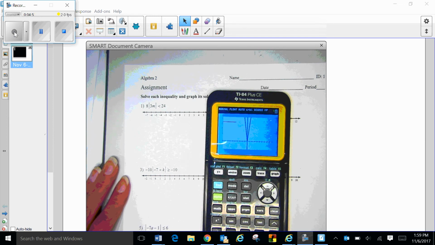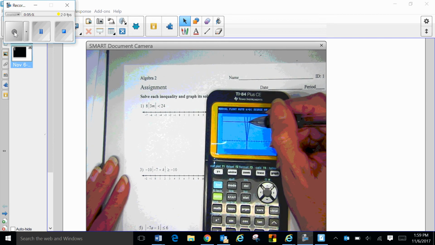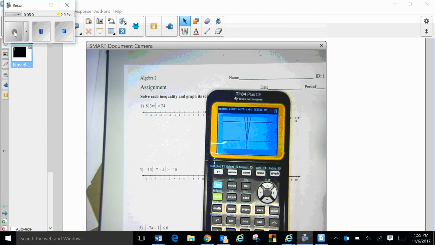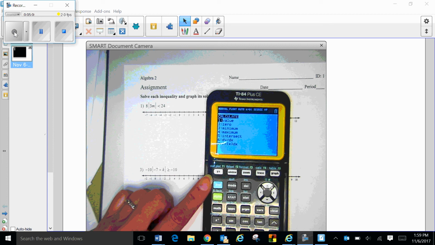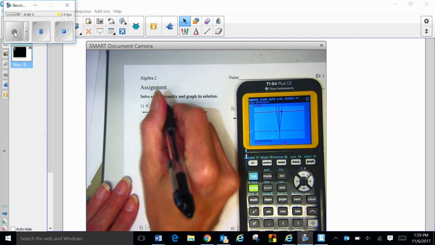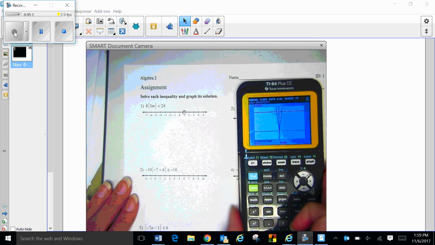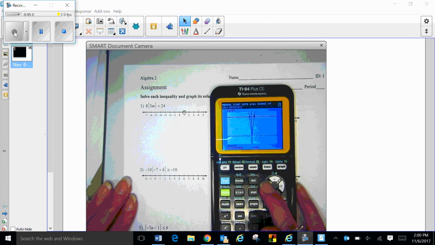I can see that I have two intersections. Those are my boundary points. So let's find the boundary points. Second calc intersect, enter, enter, enter. So my first boundary point is at x equals 1. I'm going to come here and circle that. And then for the second boundary point, second calc, intersect again, enter, enter, but this time bring my spider over to this intersection before I enter, and I have a -1 as my other intersection. So there's my two